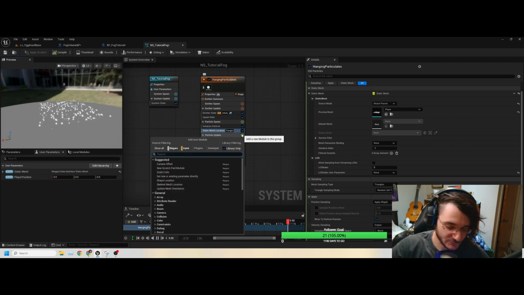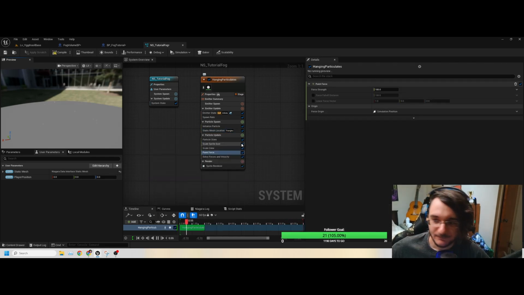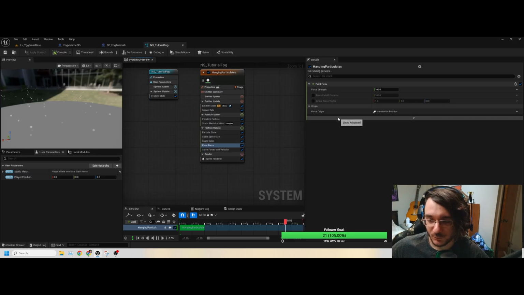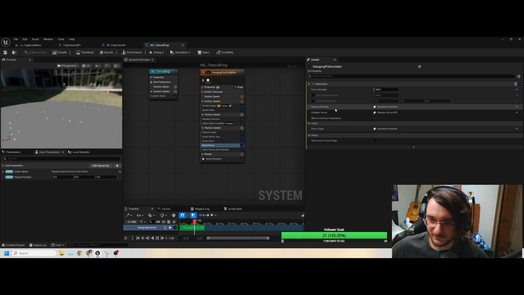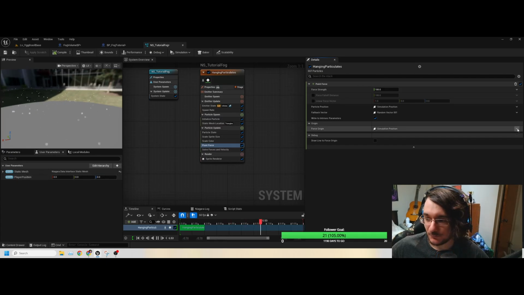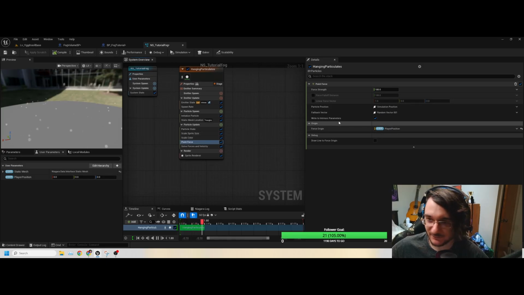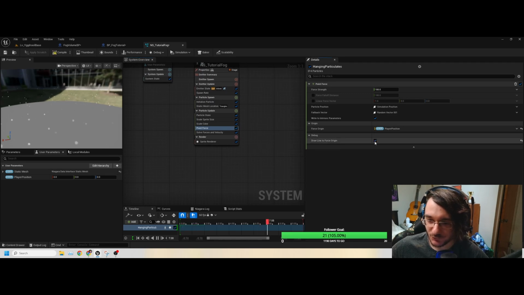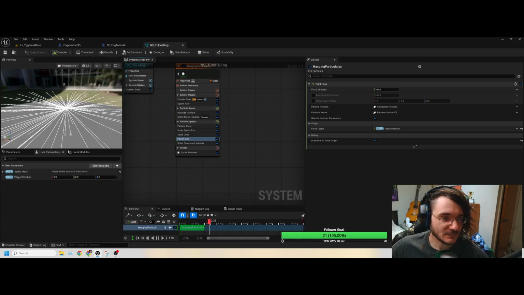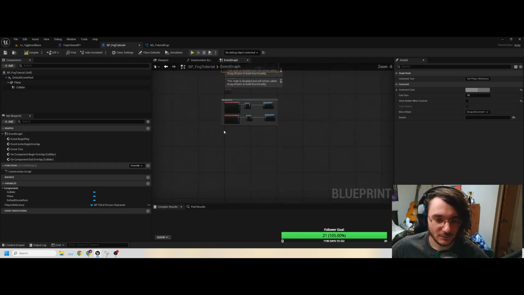Start with a point force. In this point force, we basically want the point force to originate from, we'll just start with the player position for now, just so that we can show off what we're doing. We can also draw a line to origin so that we can debug and show what's going on. And basically in here now with on tick,